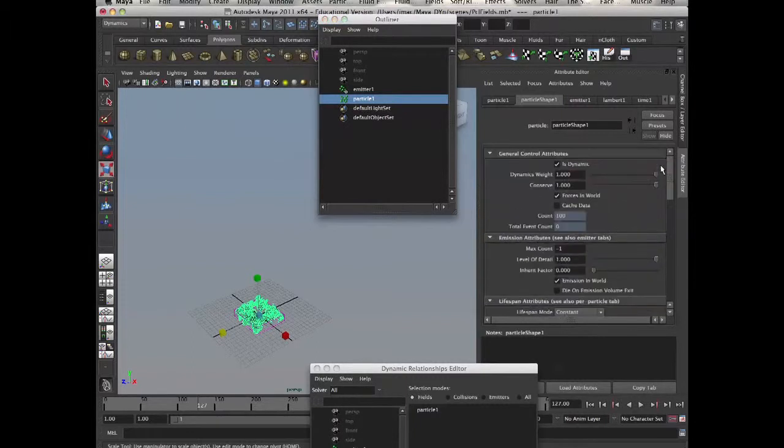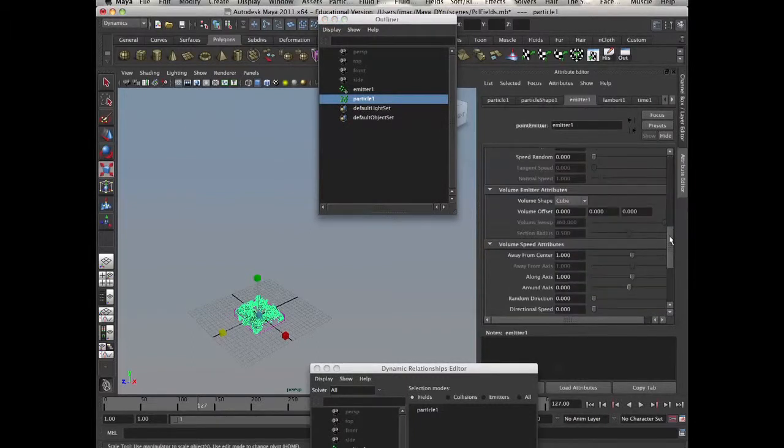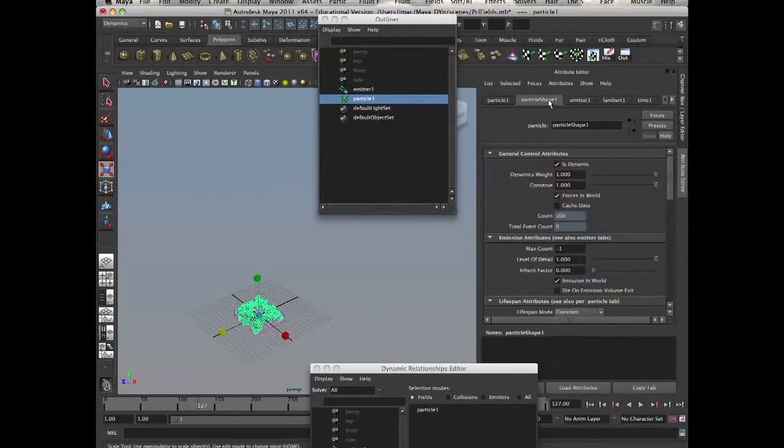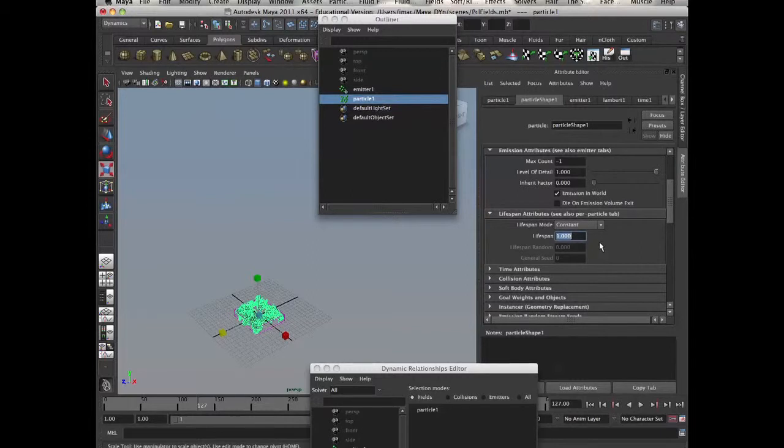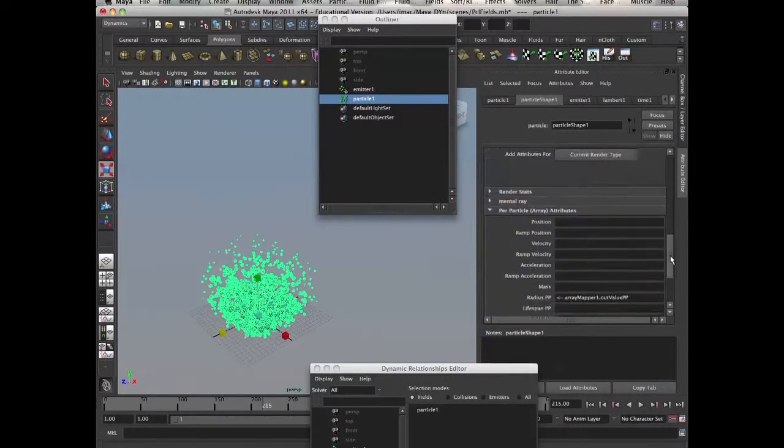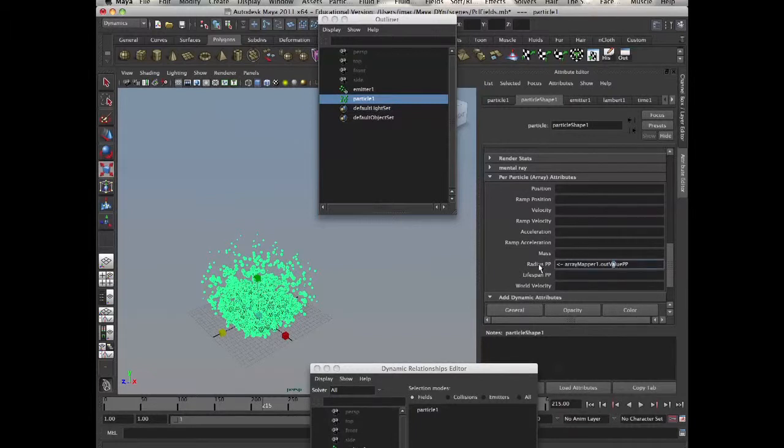Particle shape. Where's, okay, particle lifespan? Yeah, it's too short. Let's give it what? 10 seconds. Fine. So as they die, the radius becomes smaller. And that's controlled in this case by the ramp right here. Radius pp, and